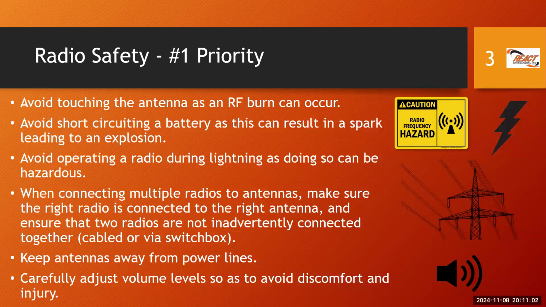So we need to monitor for lightning, and lightning doesn't have to occur immediately over our head. Lightning can go laterally, horizontally, and strike us still, or even if we don't get a direct strike, one of the sub-strikes could in fact affect us as well. So that's why you say don't go under a tree. But as radio operators, we do not want to be operating radio equipment in the presence of lightning. Certainly a handheld radio on the outside, a mobile radio also, you have to be very careful there, and certainly a base station radio where the antenna will be connected to a feed line of some sort, coax cable coming into our home, and we are at the other end of that coax cable where the radio is connected.